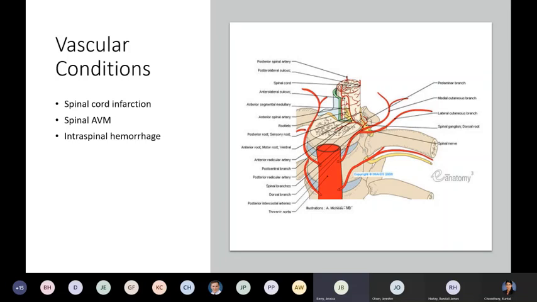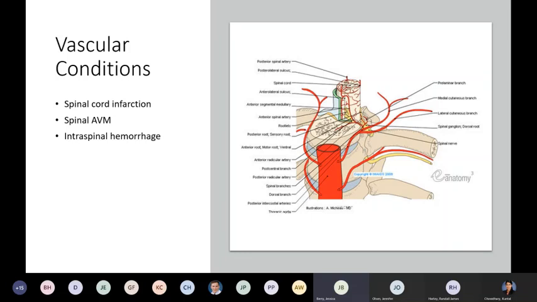The anterior spinal artery supplies the anterior two-thirds of the cord, and then there are two posterior spinal arteries which supply the remainder. All of these arise from the vertebral arteries in the neck and run the length of the spinal cord. The vasculature at the level of the conus forms an anastomotic network that encircles the cord. At each segmental level, you'll have smaller radicular artery branches.